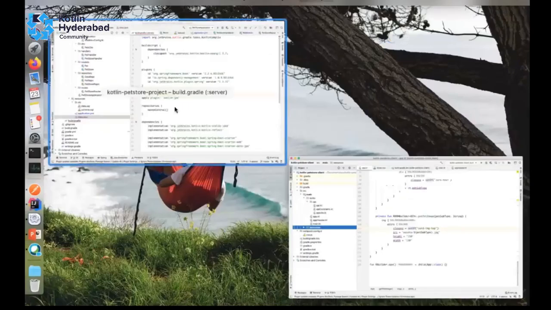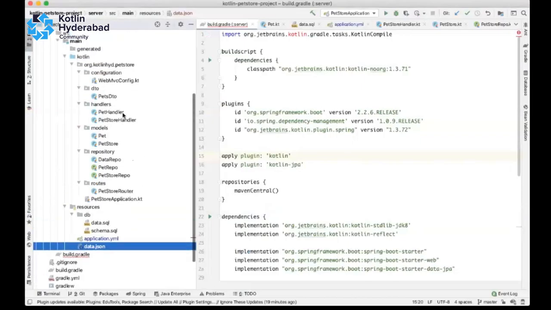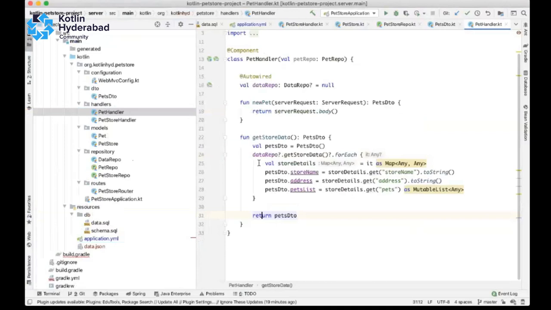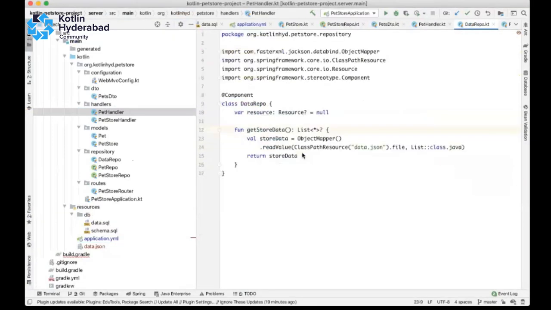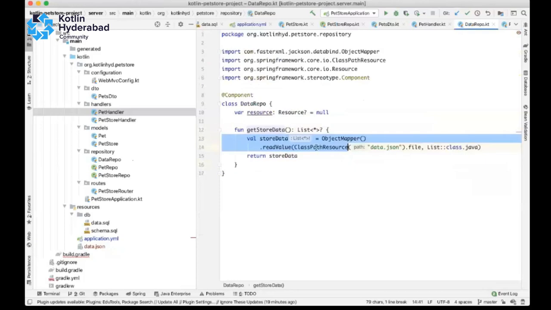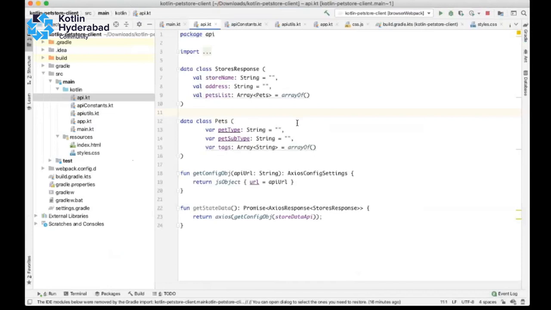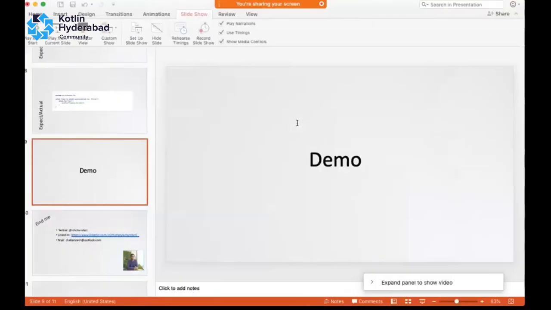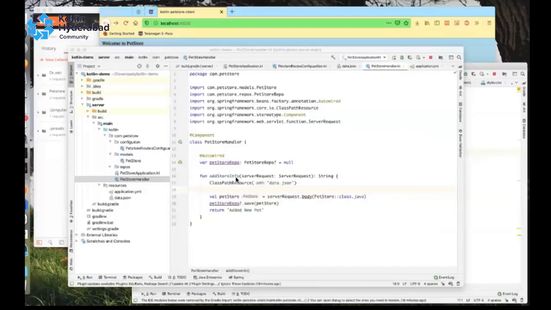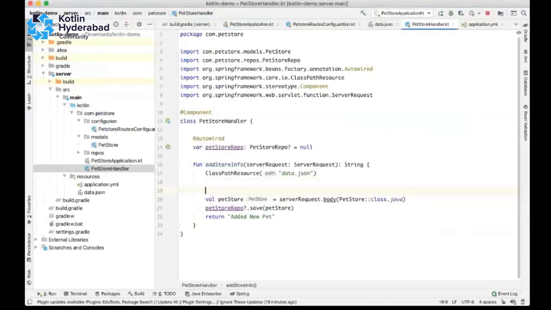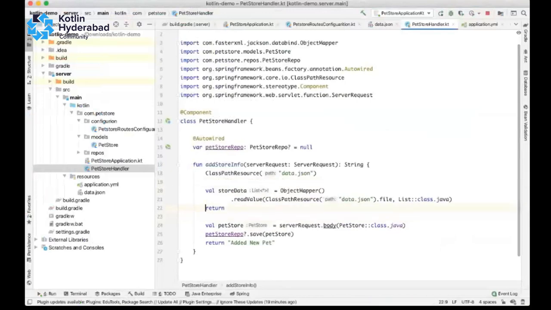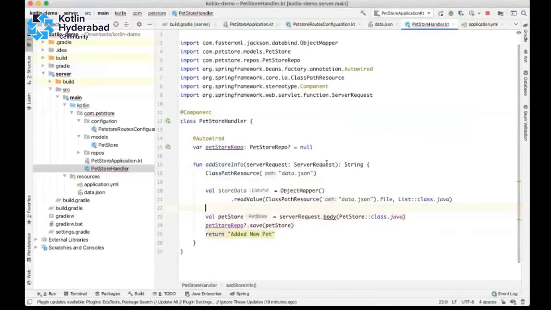Sorry guys. So with this, we will get the store data as a list of objects.